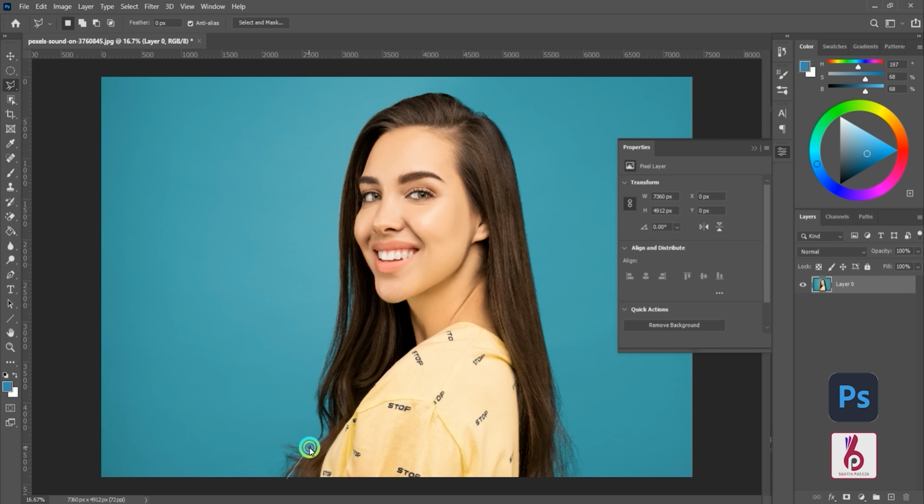Second lasso is polygonal, by which we can make points, but the points are such as we are making a scissor cut or a sharp cut. And third one is magnetic lasso, which detects the edges of our image by using AI technology.